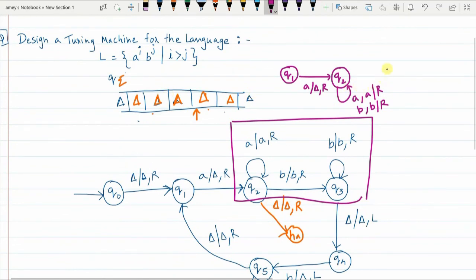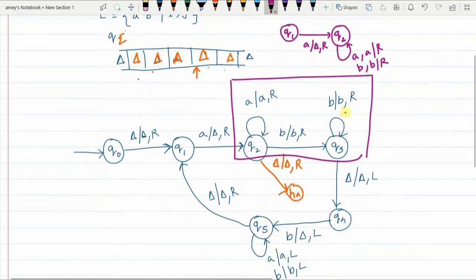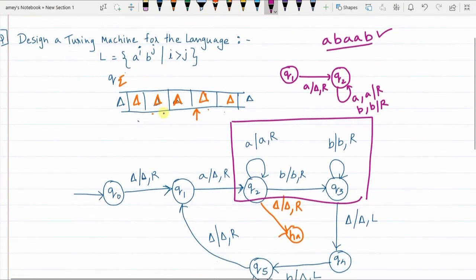What if the string given to you is, say, ABAAB? This string will be accepted, because here, whether it is A or B, it will simply ignore it and go to the right. But by doing it the other way, I'm making it compulsory that only after all the A's are over will the first B be encountered, and then any more number of B's. You can try this out. You can try both these methods. Do it this way and then try doing it that way, taking sample strings, and then you will realize what I am saying.